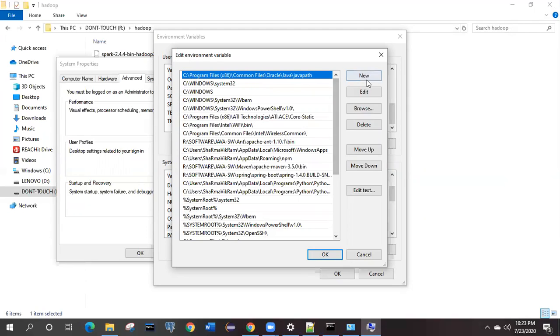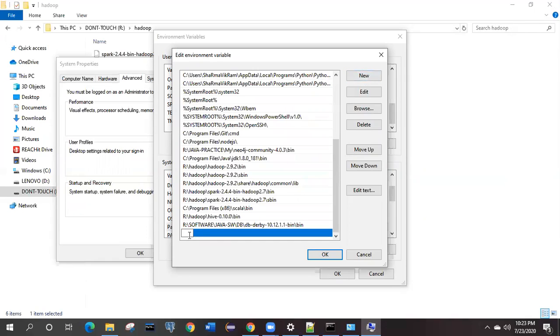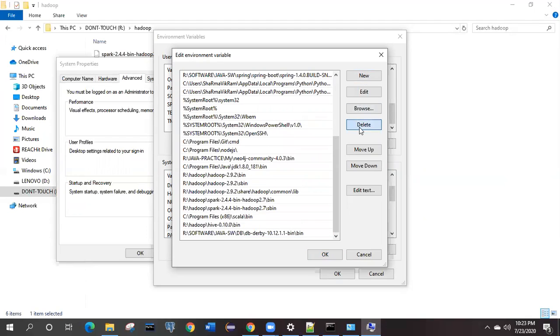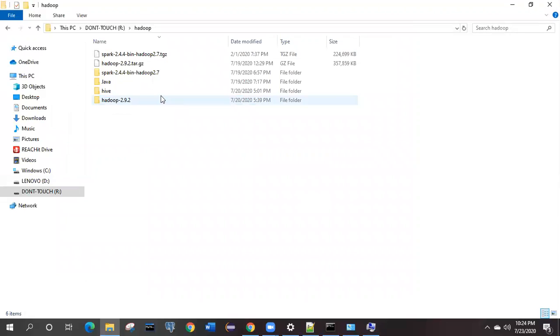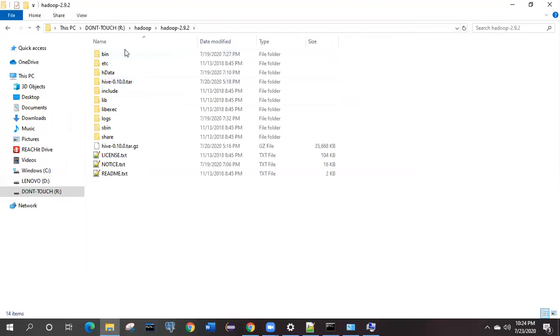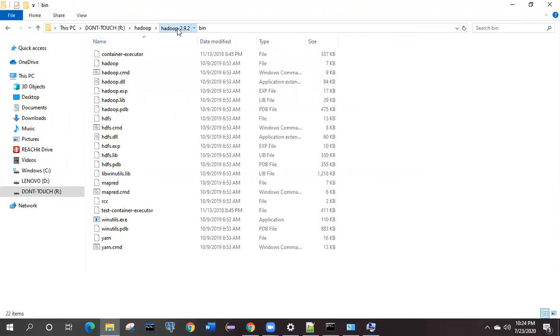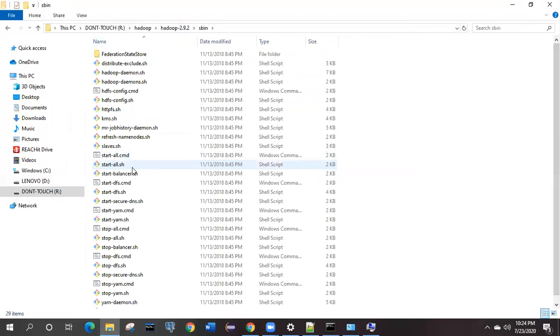Okay, so here you can click on New and it will give you a window like this one. So what are the things we are going to do with this one? Okay, so here if you click New, we need to set the path for two variables. One will be for the bin folder, another will be for the sbin. For the time being, I'm not telling what actually the bin and what actually the sbin are. You will find this bin folder over here, and you will find this sbin folder over here.